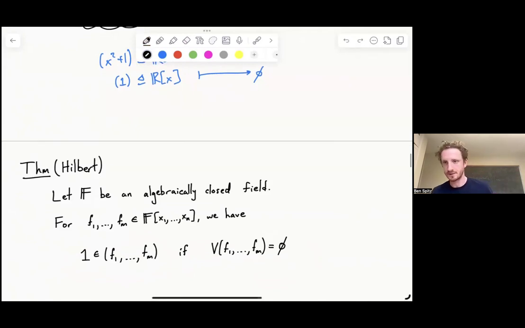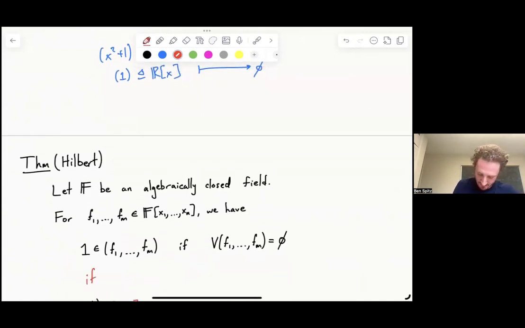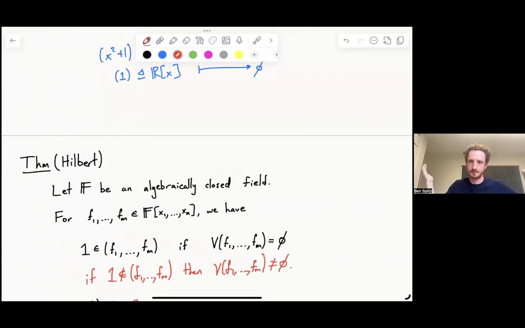And there's lots of interesting proofs of the Nullstellensatz. We're not going to do that today. But what I want to do now is rewrite the Nullstellensatz 14 different times into a new form that will be more pleasant. Well, okay, I guess that's a matter of preference. Into a new form. Okay, so let's first just take the contrapositive of this statement. That would just say, if 1 is not in this ideal, then the vanishing set is not empty. Great, easy peasy.